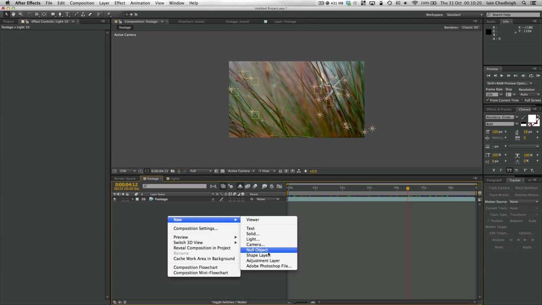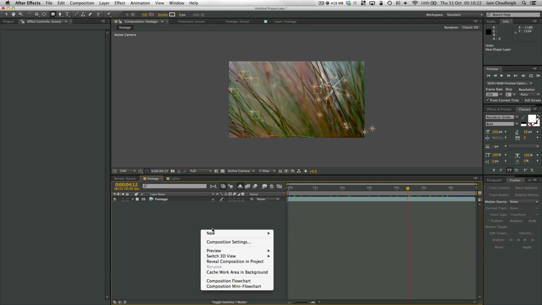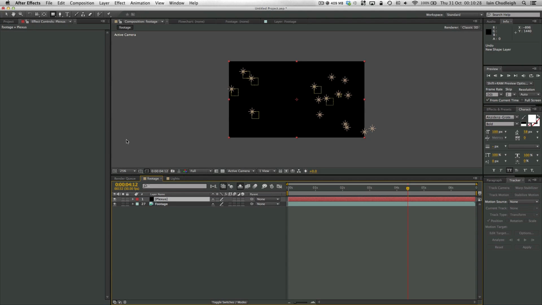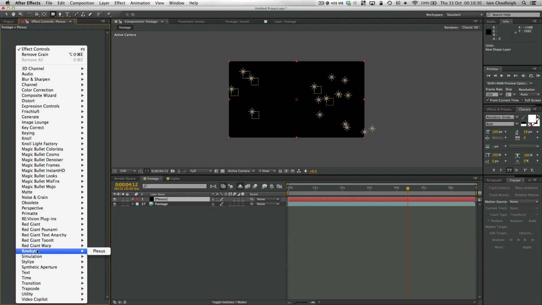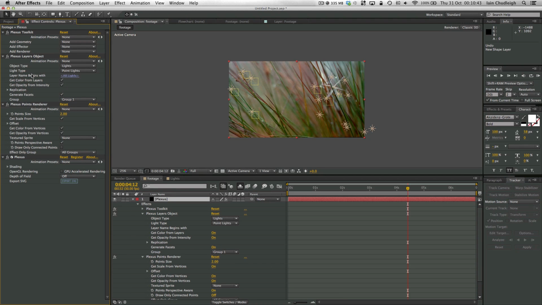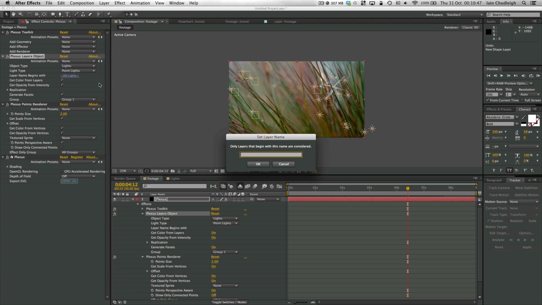So if we create a new, not shape, but a new solid, we'll call this Plexus, and we'll just use the plugin called Plexus by the company Rowbyte, and we can start working here. So if we add geometry and layers, what we want are lights and point lights, and this will be called a light,